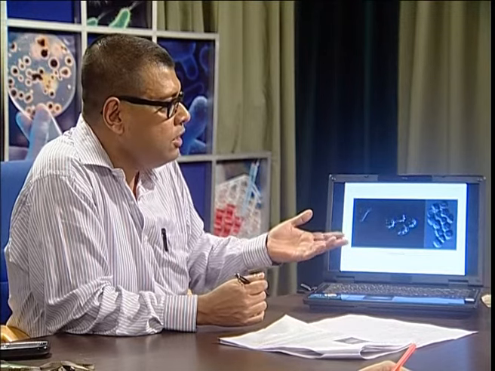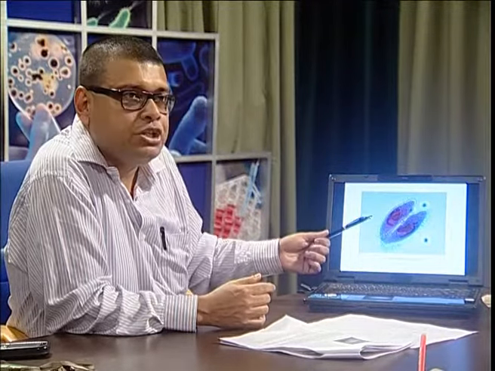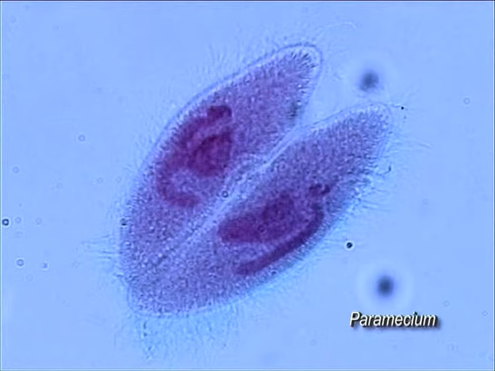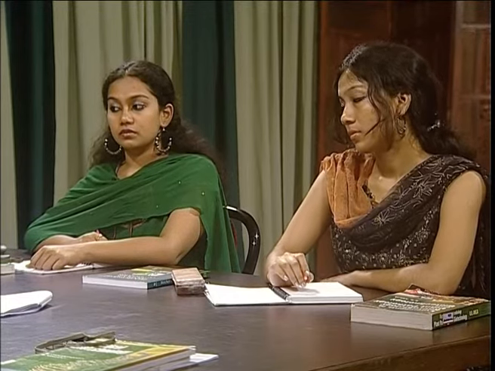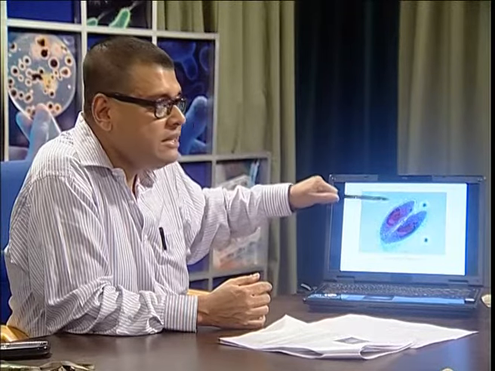Sometimes this cyst will produce a large number of cells, so it is also called multiple sporulation, and this particular structure will increase their number in nature and thereby help them to sustain the environmental condition. Another way that they reproduce is conjugation. As you can see here, the paramecium normally reproduce by conjugation. The two paramecium will come close to each other. They will develop a point of contact through which the nuclei or nuclear material can be exchanged, and thereby they will increase in their vigor.